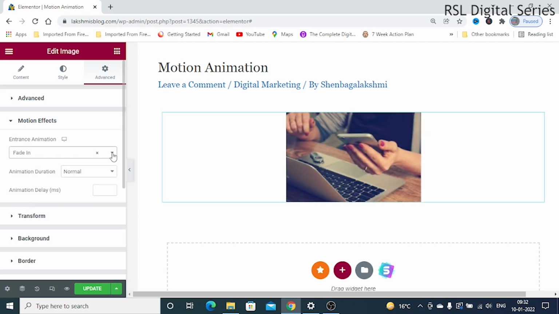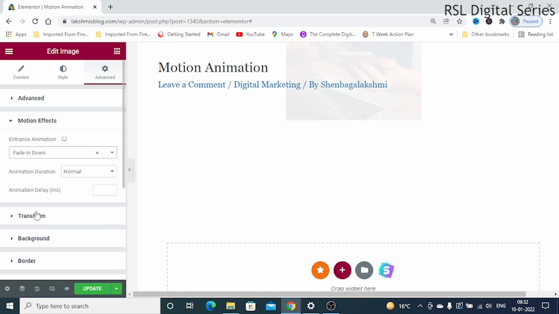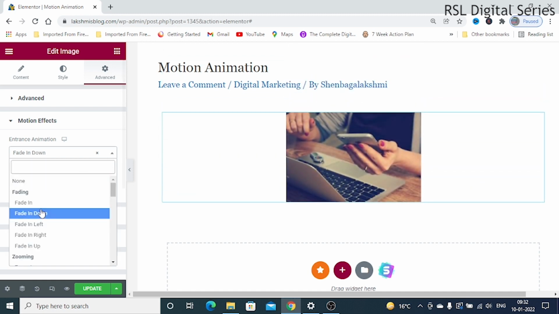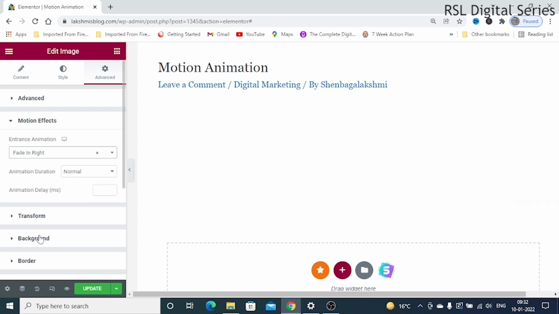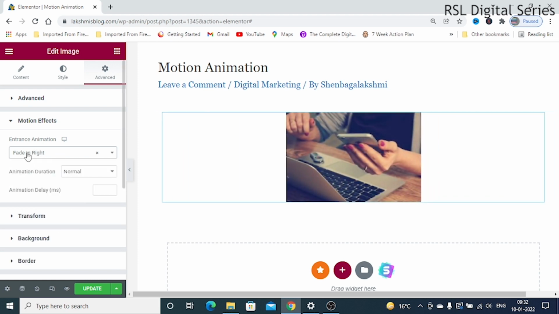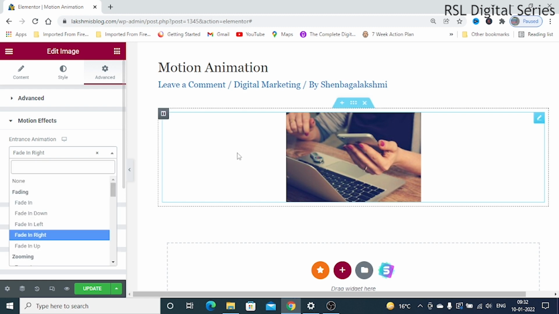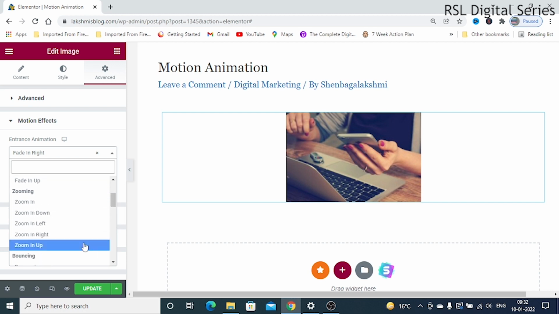We have many options over here: fade in, fade down. You can apply anything whichever you wish. Once you make changes here, you will have the preview here itself. Now I will apply one and show you the preview.